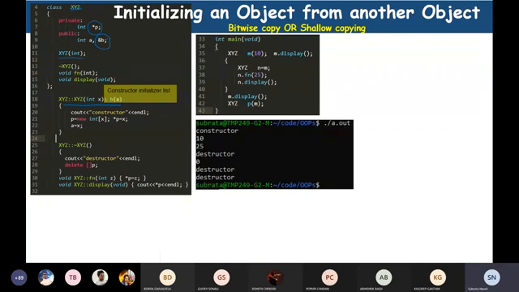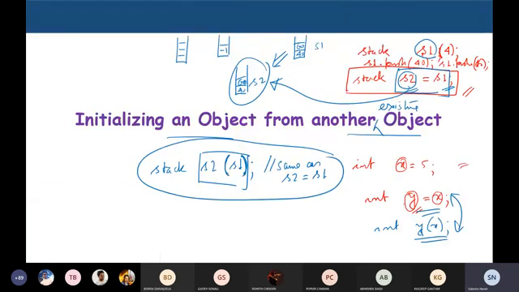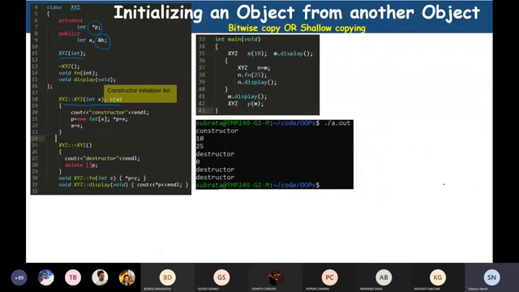So I give a colon and I write b of a, so that means b is initialized to a. You just now got the syntax. So this syntax is the same as writing this, assigning. So initialization, this is same as that. So that's why I can write this. Okay, and this is called the initializer list. I can write, separating by comma, multiple other initialization steps also. So that's why it is called an initializer list, and because it's a part of the constructor, it's called a constructor initializer list. Okay, what I'm doing, I'm just printing a prompt in this constructor, so that I know that we are within a constructor,